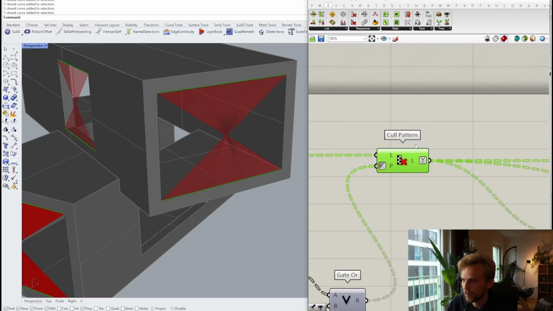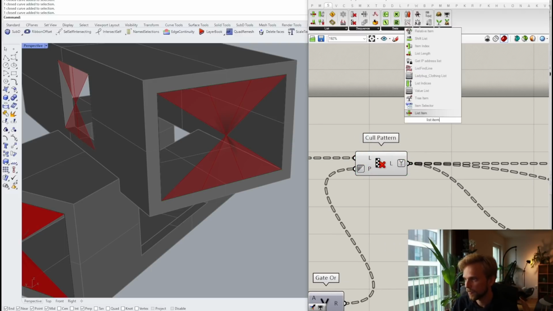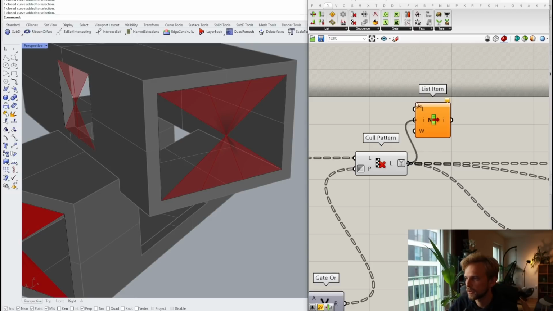Cull pattern, remember, gave us these two curves. These are not shattered curves. These are just full one line, second line. The second line needs to be flipped. How do we do that? We use list item. We will always have two lines, right? So we use list item